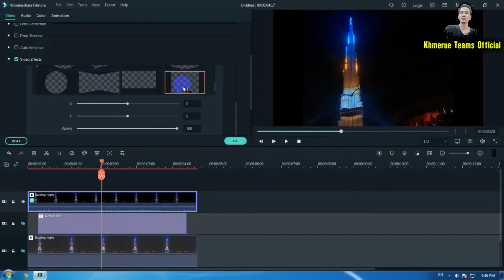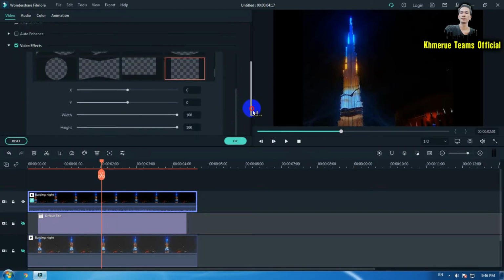Select that, and this time we're going to scale some part of the size. As you can see, it is a big size. So if you really want to make it small and fit the place where you want to add the text,